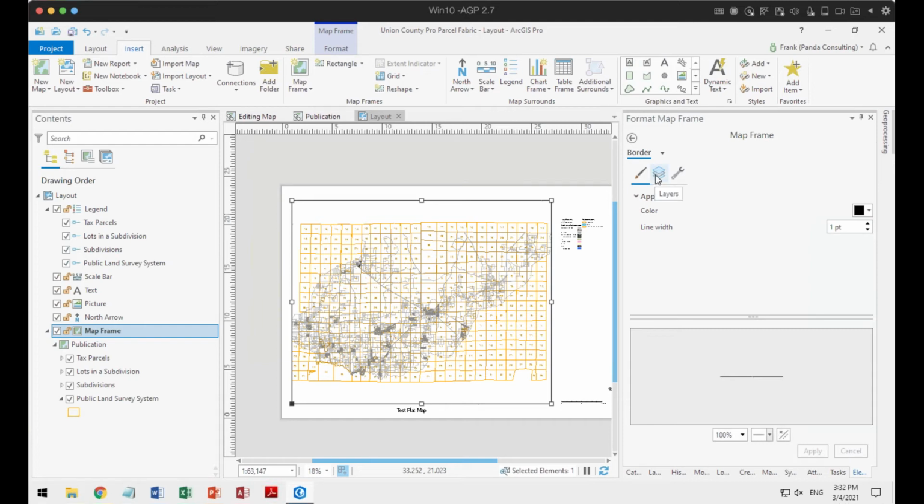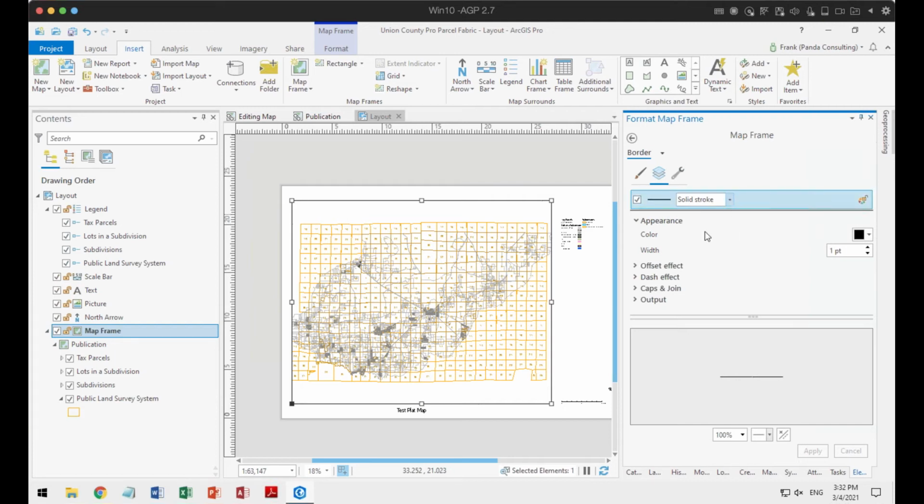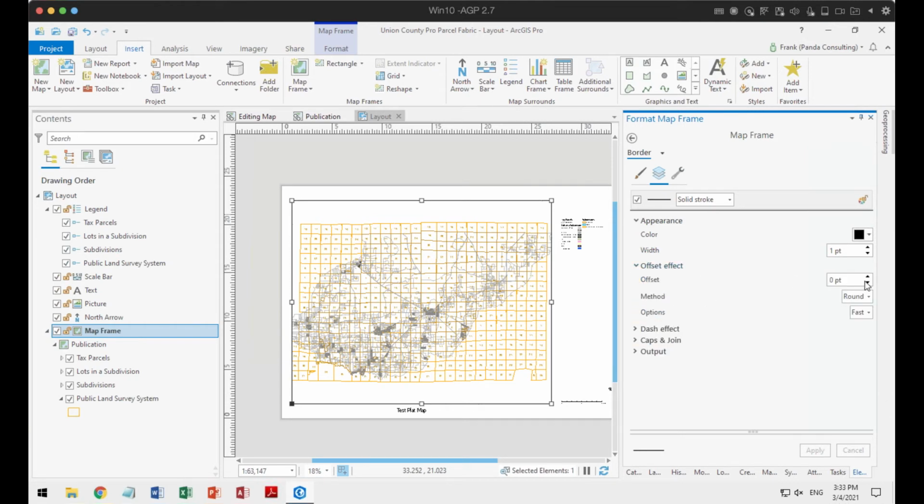We can put on here a single stroke, double stroke here. There is offset. There's a dash on here. Under the output, if we do an offset,